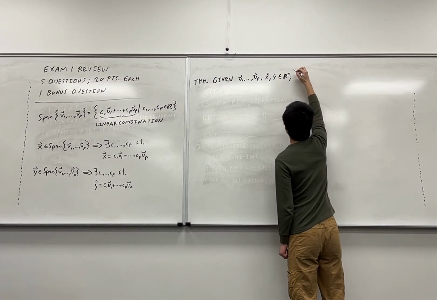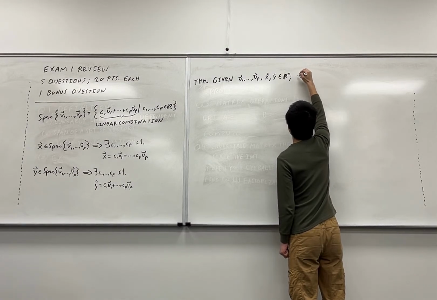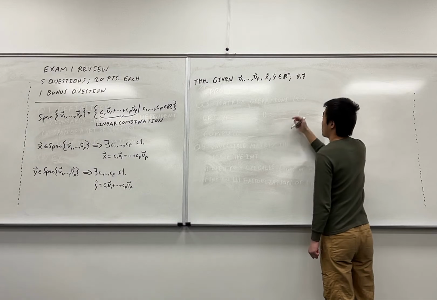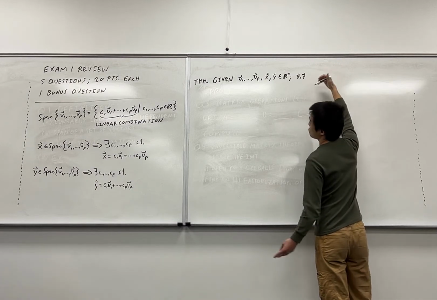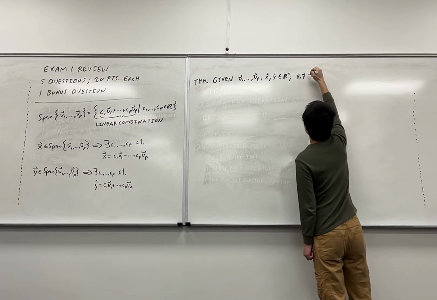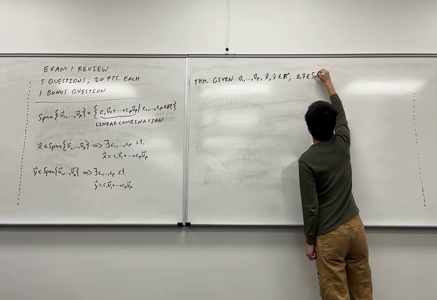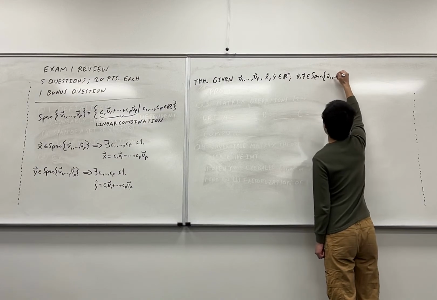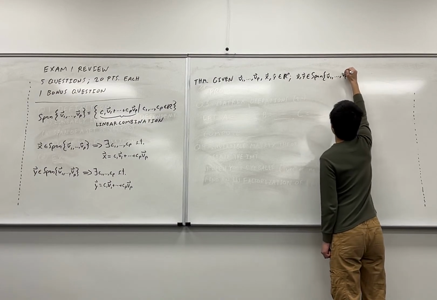If I know that both x and y, which are not necessarily equal to each other, though they could be, are in the span of this set of vectors,